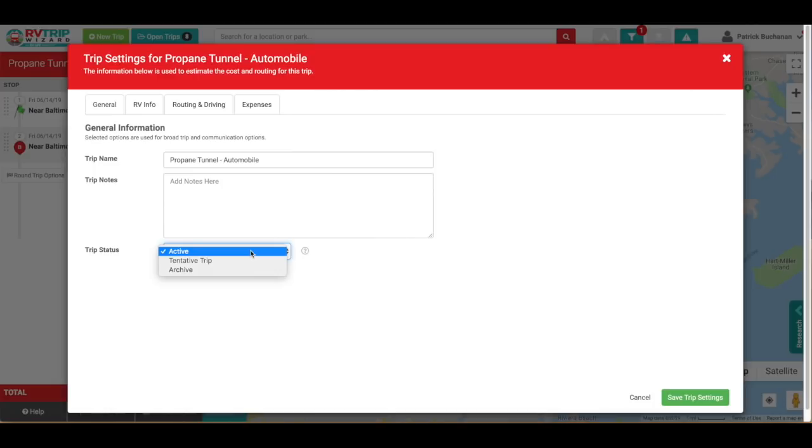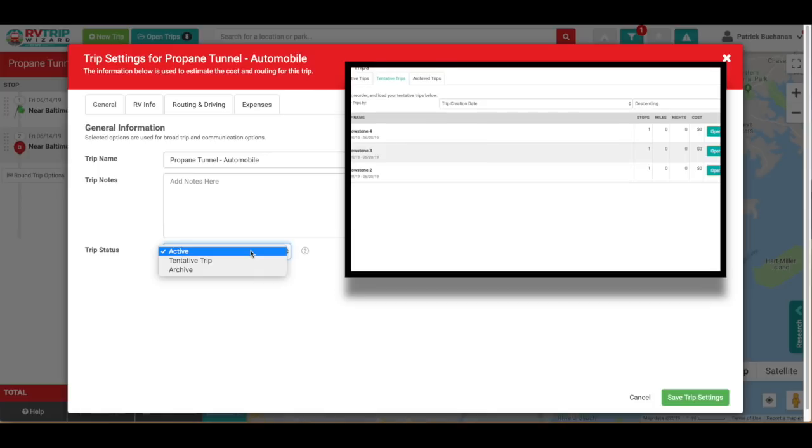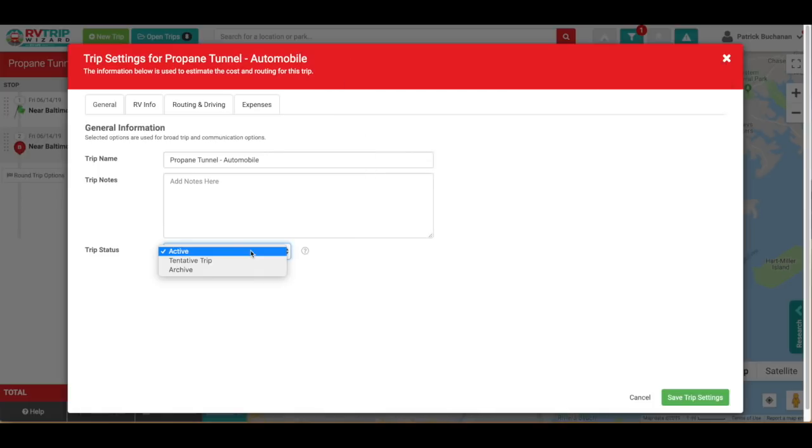The new status here is called tentative. Very often when trip planning, we create several options or versions of trips to handle a variety of what-if scenarios, and tentative is a great place to keep those. Not only do these three statuses help keep you organized, they make it much more efficient to access the active trips when you need them, not only in RV Trip Wizard, but for the new RV Life 2.0 mobile app